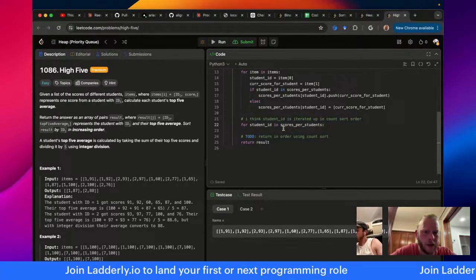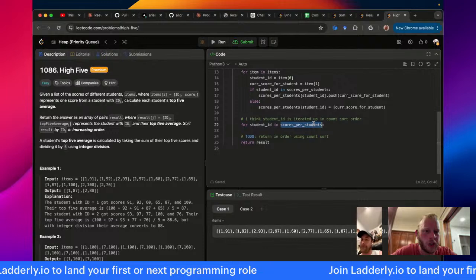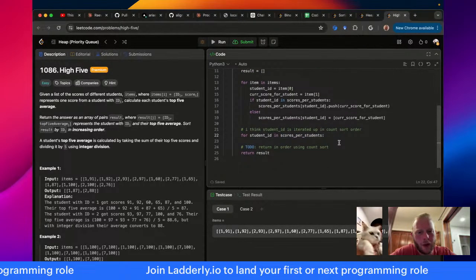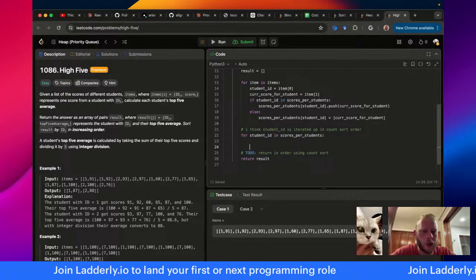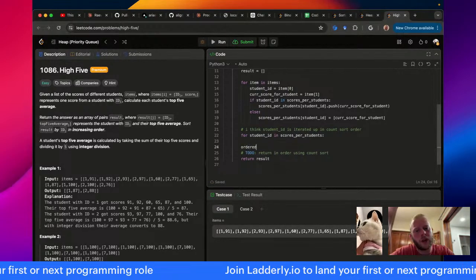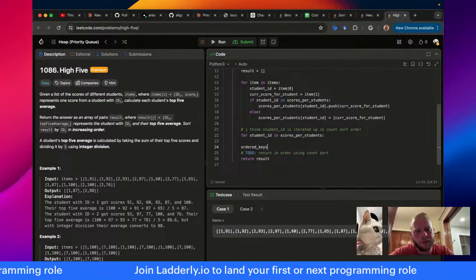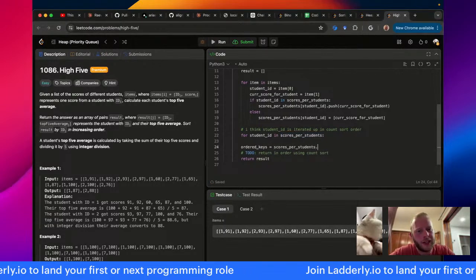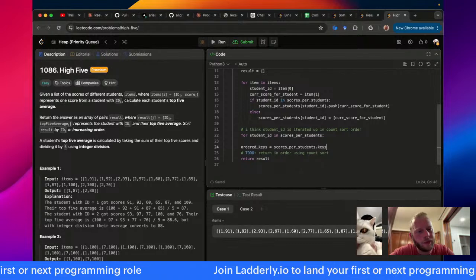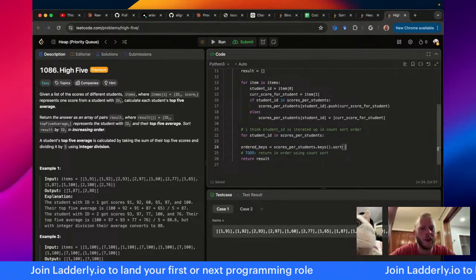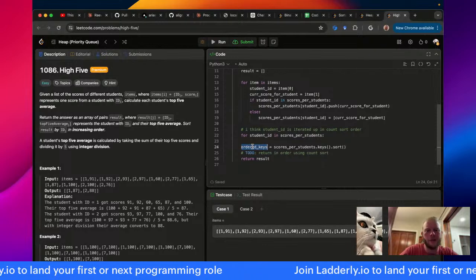Cool. So for student in scores per student, this will be my divide by 5 stage, and then I will not use count sort. I will do the ordered keys, so I'll even call this ordered keys. And that's going to be scores per student dot keys dot sort. Okay, and then I can print that to make sure.